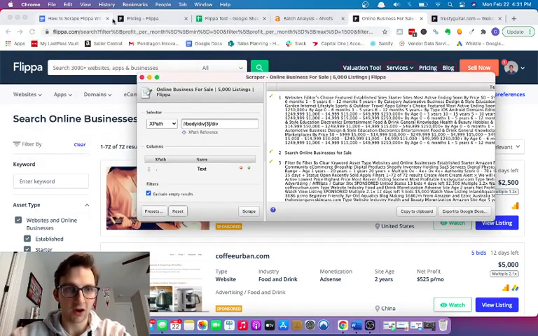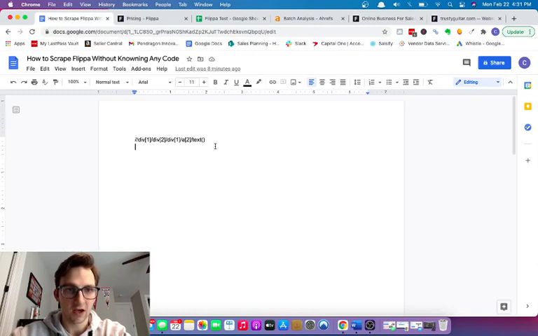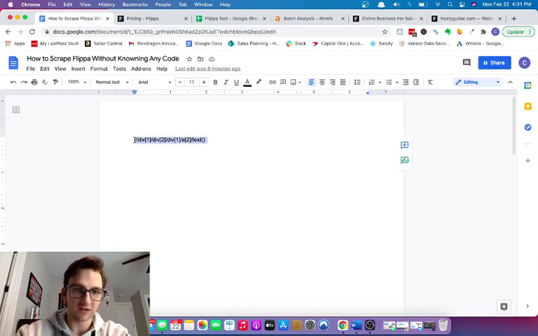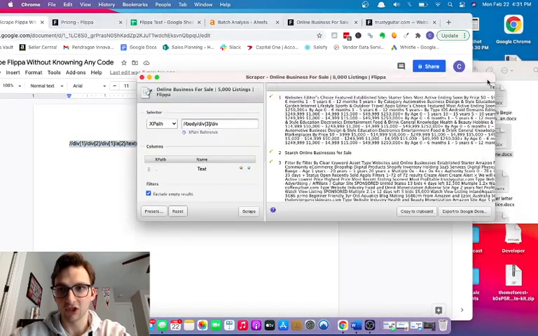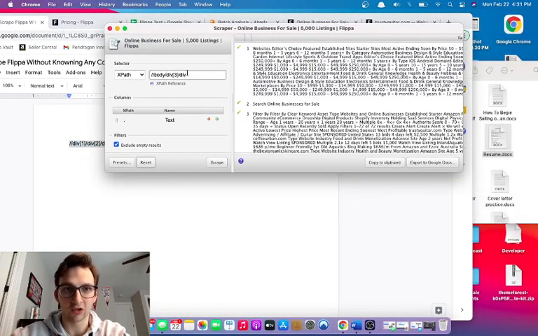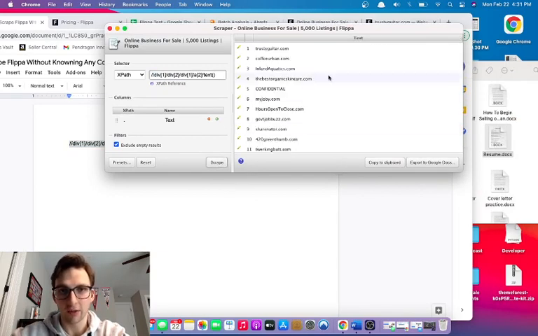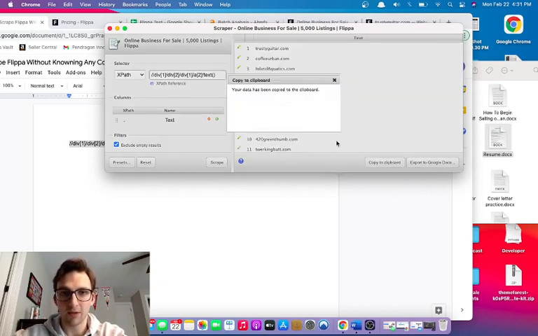And then right here, I have this code pasted, which again, you don't need to know what this means. It's called XPath. But this is what's going to let us pull the domains out of here so that we can do deeper analysis on them in a second. So I put this in here and I click scrape, and boom, it pulls all the domains out without having to deal with any of the other garbage on the web page. So if we copy this to the clipboard,